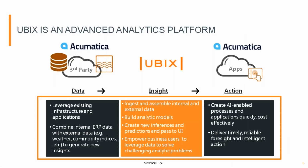It manages the end-to-end data science lifecycle and bridges the gap between business users and data scientists. While other data science platforms focus on software developers and data scientists, Ubics focuses on domain experts such as business analysts, financial analysts, demand planners, inventory analysts, and more. We believe that until the domain expert is brought into the analytics process early, data science will not become abundant,